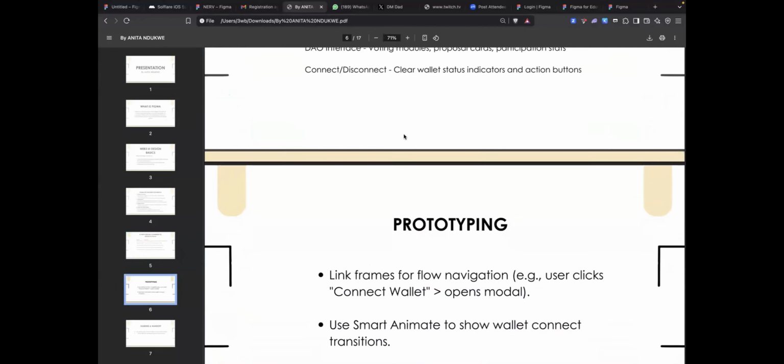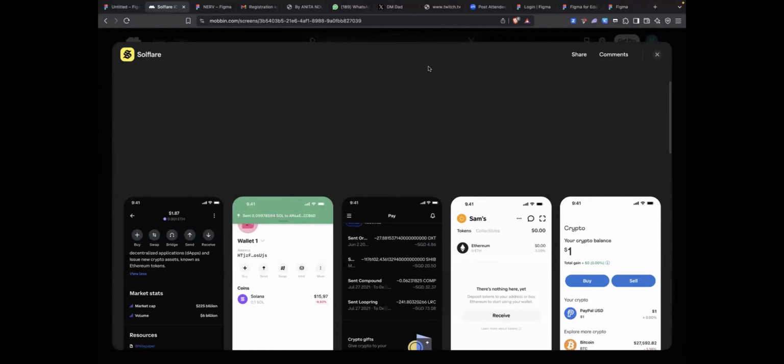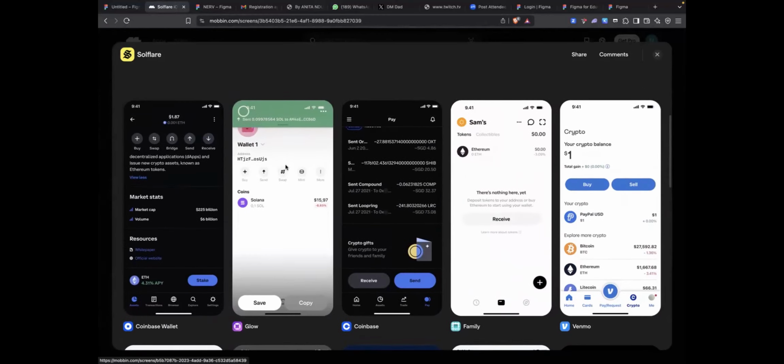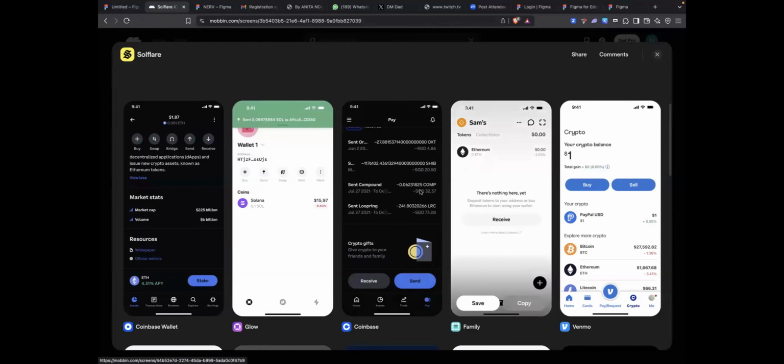So before we go back to prototyping, I think it's best to show this. So yeah, here you will see the different wallets and how they look, and the warnings. One thing about Web3 wallets is you have to be specific about some things.